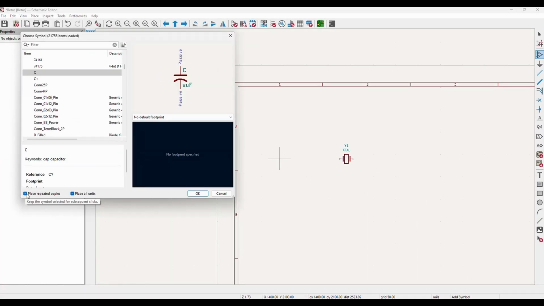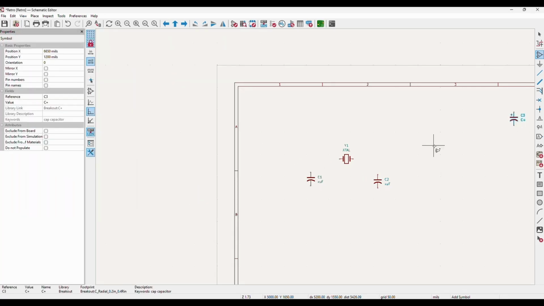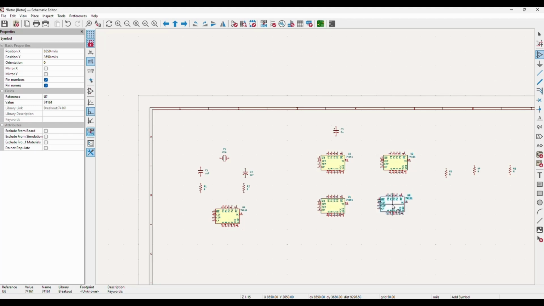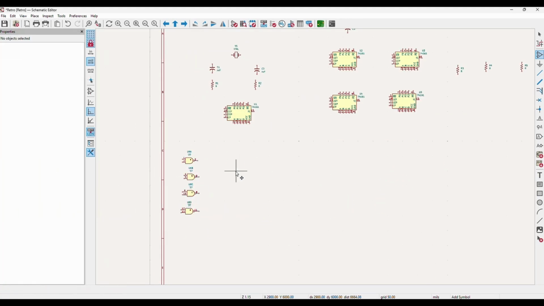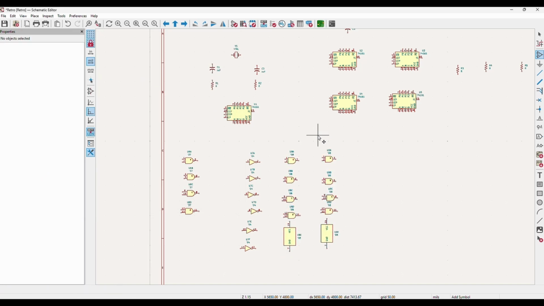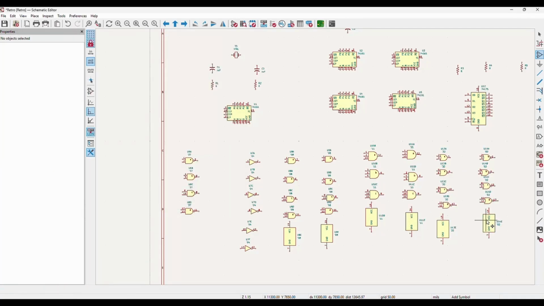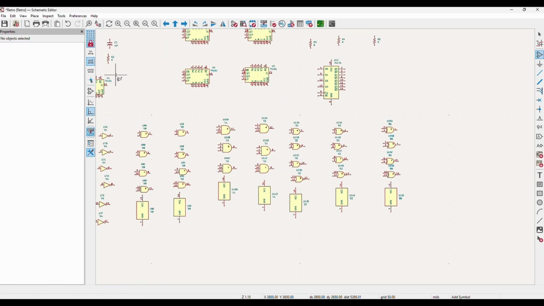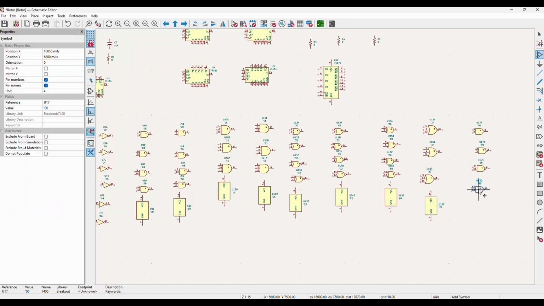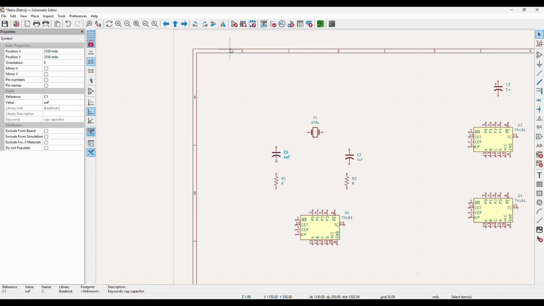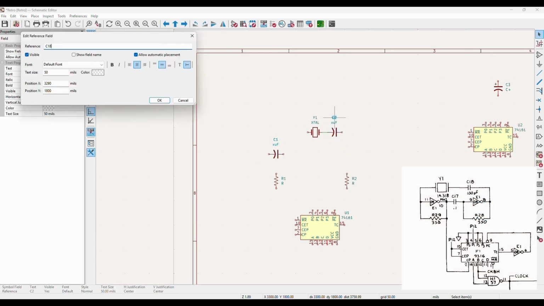It's finally time to create a retro project, and we'll start by adding all the parts we used today. Let's draw the oscillator and clock divider.